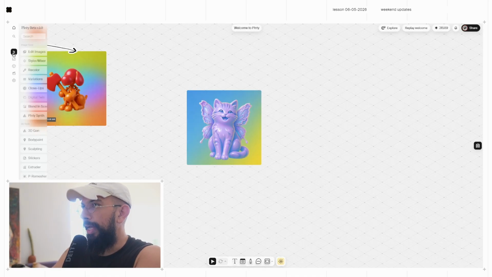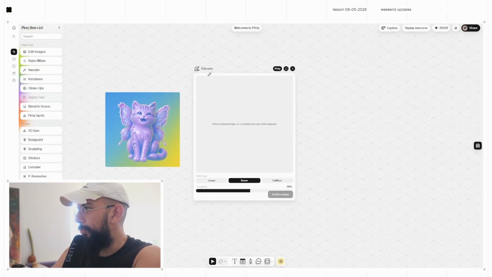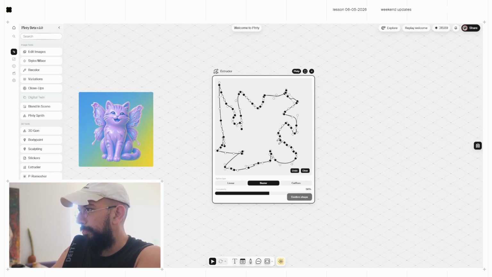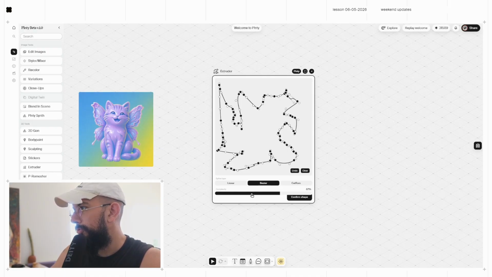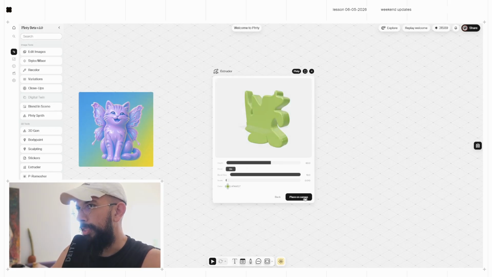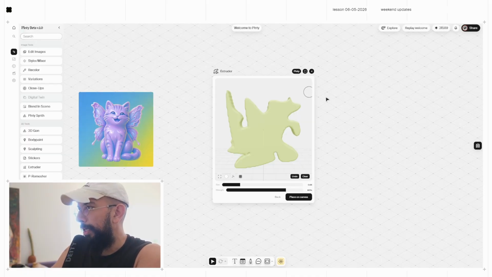Next, I want to show you the extruder, which received a bunch of updates as well. So I can basically just scribble something, any shape. I then can change the complexity here and confirm the shape, and then I'll get an extrude, and I can choose a color. So let me choose this green here, click on the sculpt, and then it will be moved to the voxel sculpting zone. And over here, if I'll just choose a different color, clicking control, I can reduce material. And if I'll just do that a couple of times, maybe to make some actual holes,